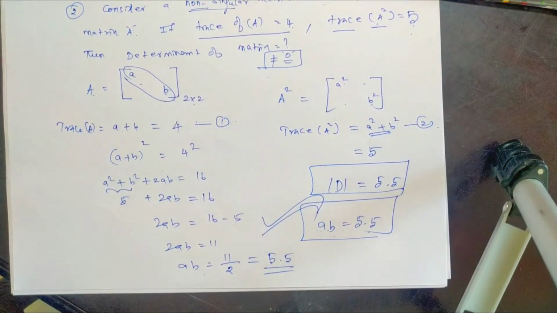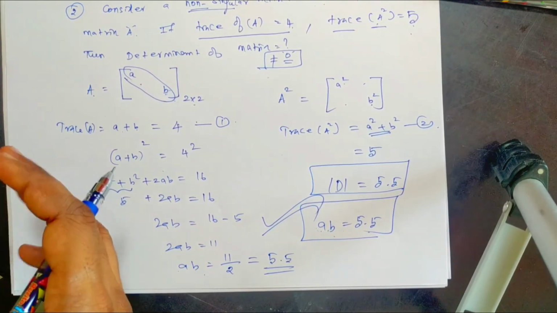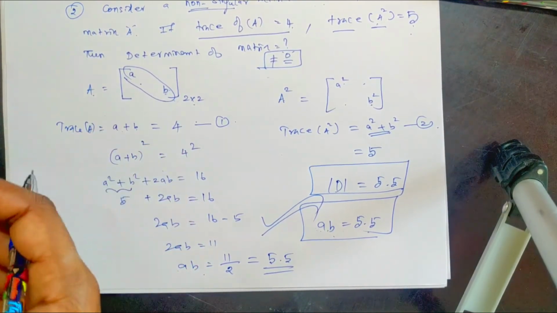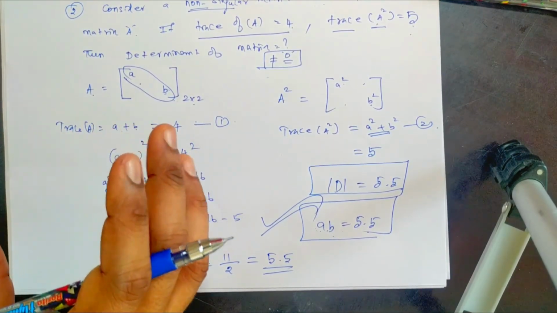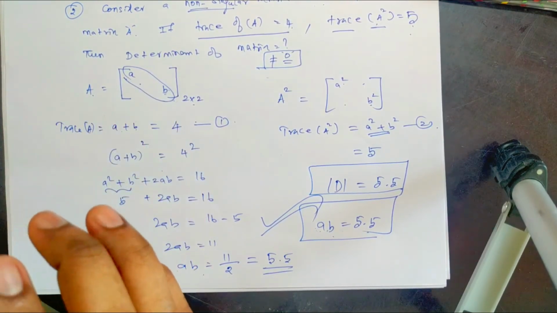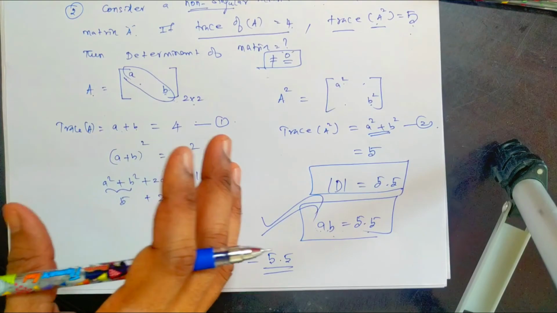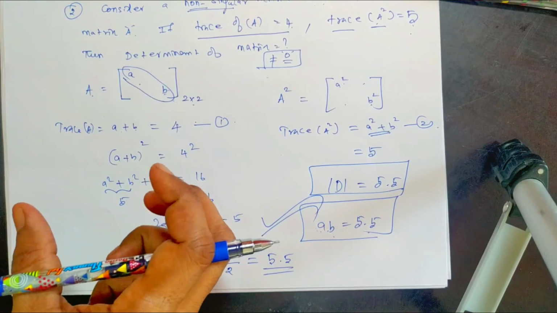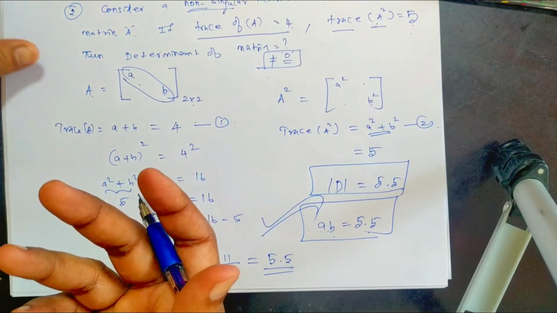That's why I insisted in the very beginning that properties are very important. With the help of properties, we can solve many problems in the GATE questions. So my advice is kindly memorize all the properties and keep them in your mind, because this will consume more time if we do not have all the properties in our mind. Once we have memorized and stored all these properties, these things will be very easy, and it will be time saving in the GATE examination or any other competitive examination. It will be a time saving machine. So kindly keep all the properties in your mind.